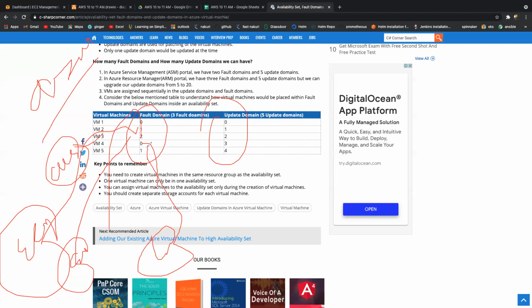The number of servers is up to us. You can create 1,000 servers, not an issue, but you can consume only these three. 3 FD in the sense how many racks? 9 racks, right? So 9 racks would be fine.